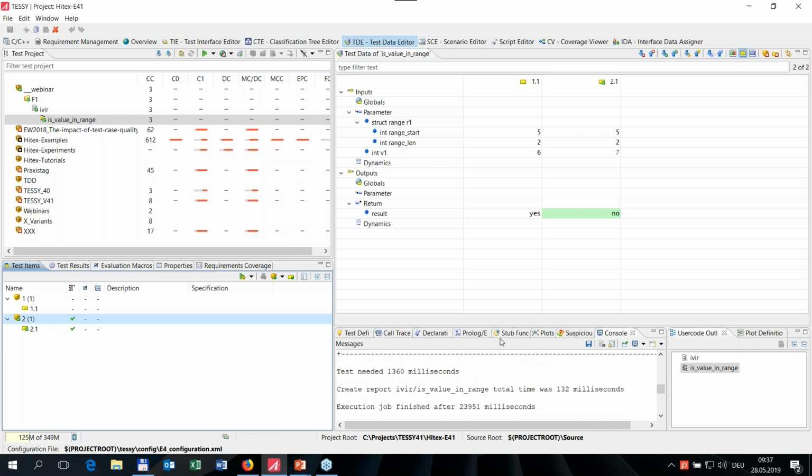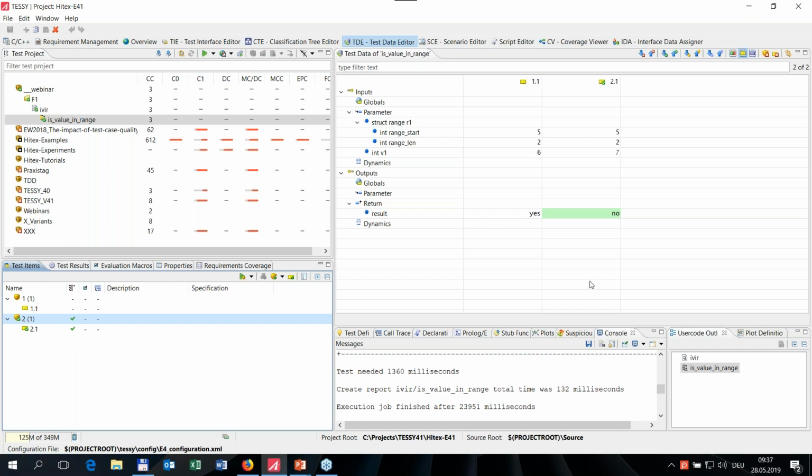Yes, that's like I expected it. The second test case now passes, but actually I have deliberately executed only the second test case to show you that we do not know at the moment if